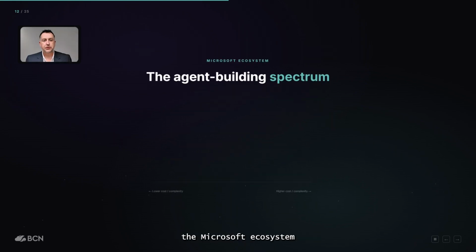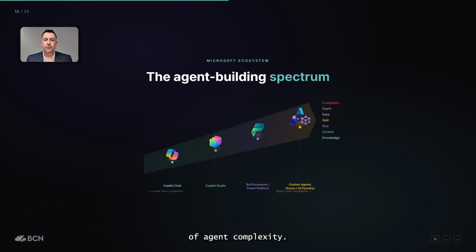This slide maps the Microsoft ecosystem to the spectrum of agent complexity. On the left, we've got lower complexity, things like Copilot and Copilot Studio for guided, pre-built agent experiences. In the middle, we've got Copilot Studio and Power Platform, because these are for more customized, workflow-driven agents. We might start to integrate fine-tuned models at this stage, perhaps an MCP server. And on the right-hand side, we've got the highest complexities, things like AI Foundry and Agent Framework, for fully customized,